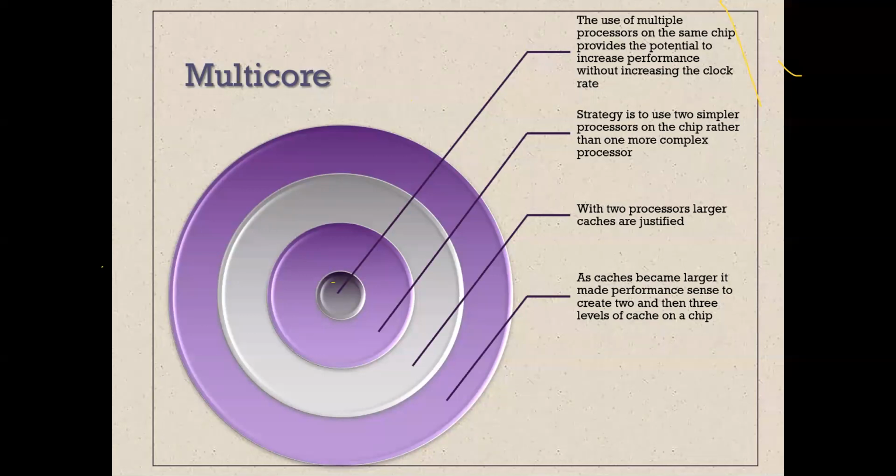And that has its own issues. So for example, if the software can support the effective use of multiple processors, then doubling the number of processors almost doubles the performance. And that's the strategy that we use